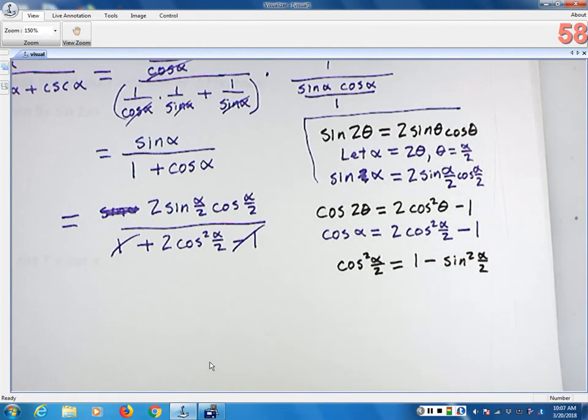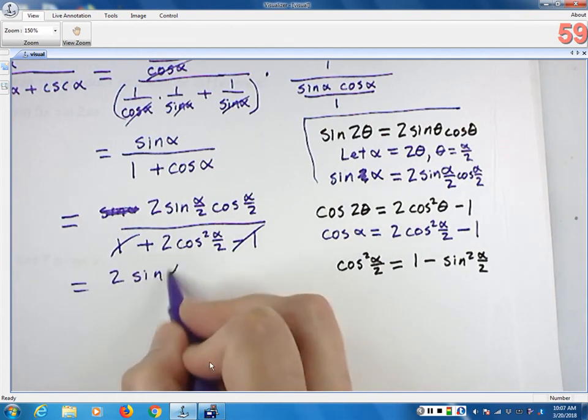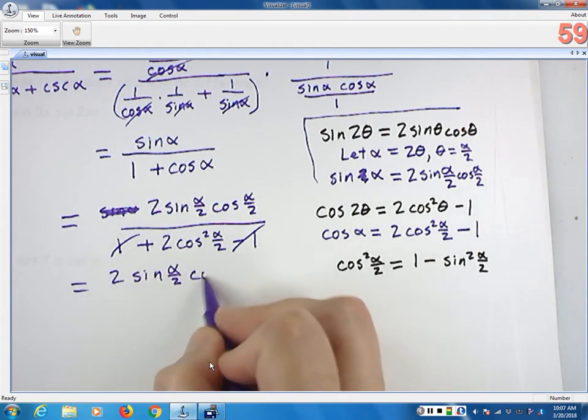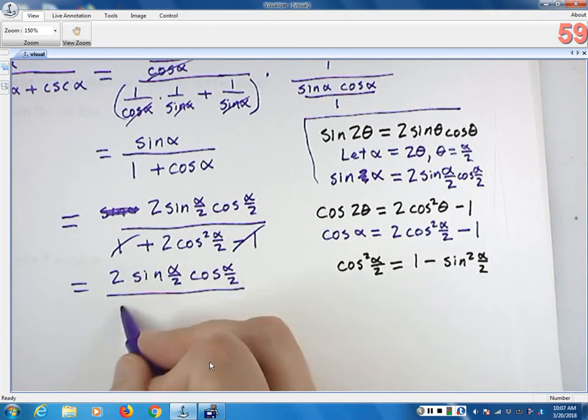The identity, cosine squared theta plus sine squared theta equals 1. So I have 2 sine alpha over 2 cosine alpha over 2 divided by 2